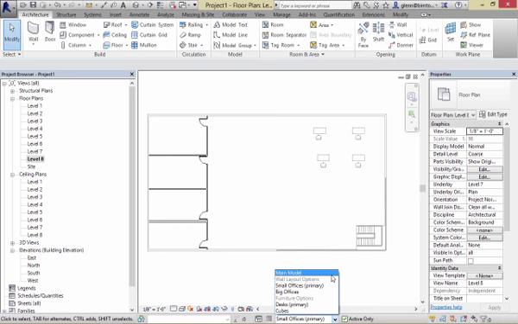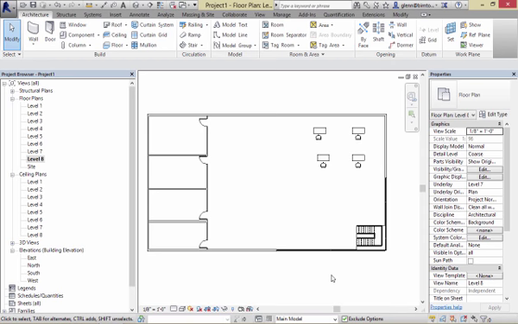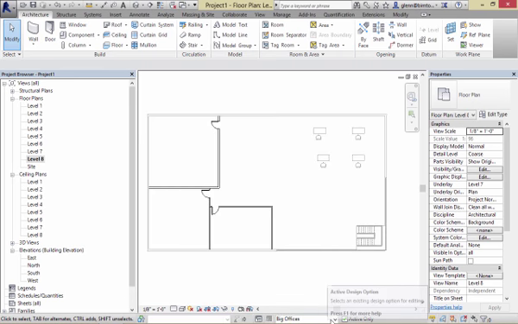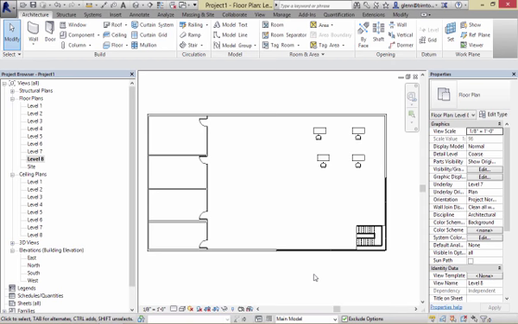Whatever's primary shows up in the main model. So if I go to main model now, it looks just like small offices. Okay. If I go back over to big offices, we'll see the difference. But if I go to primary or to main model, it'll always show primary. Okay. Now, if at any time you want to change your primary because you decided that the second option is a better alternative,